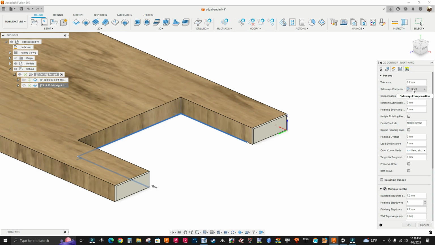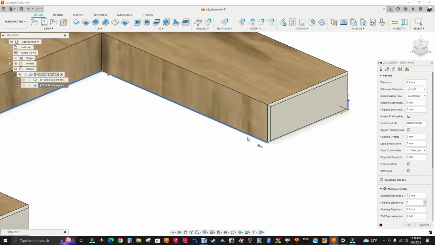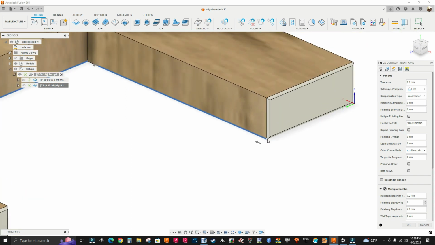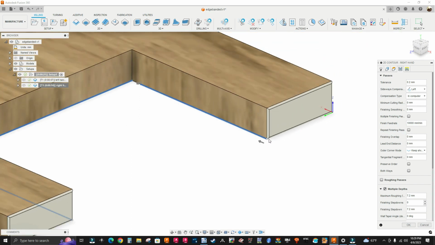Because if I change this to left compensation, it's gonna reverse the toolpath. So I'm gonna start here on the right side, and that's not what I want because that's where I have the left hand end mill starting, right? So let me change this back to right,